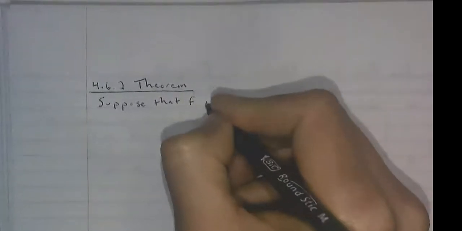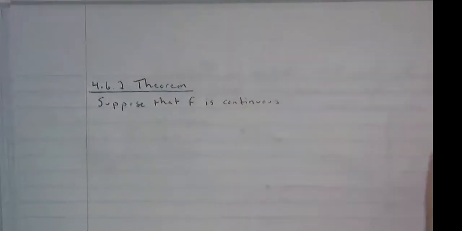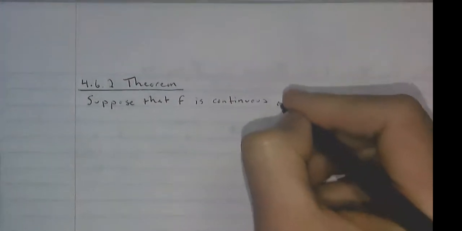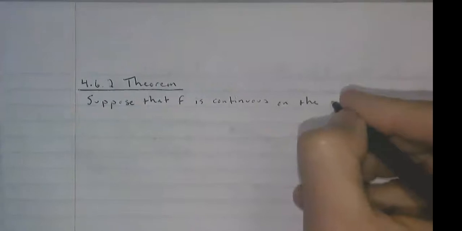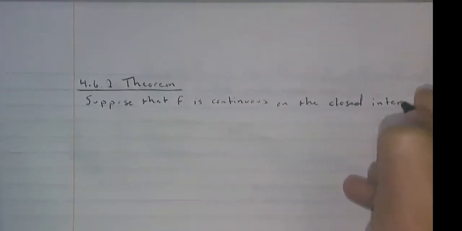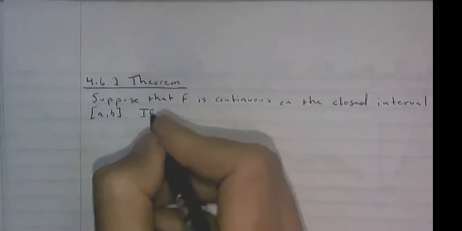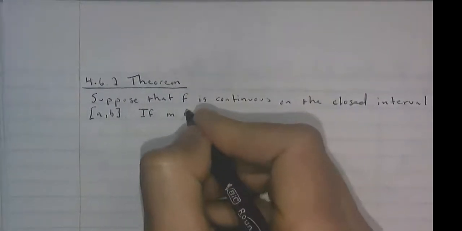So our first condition is we're going to suppose that f is continuous on the closed interval from a to b. If little m and big M,